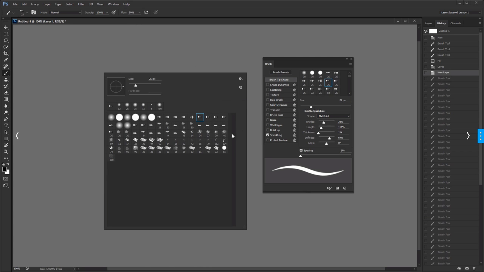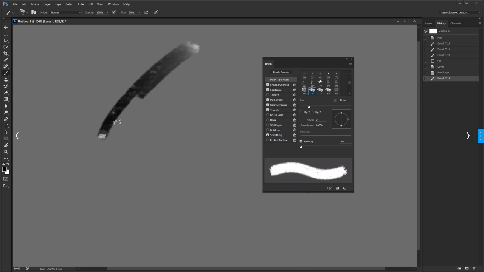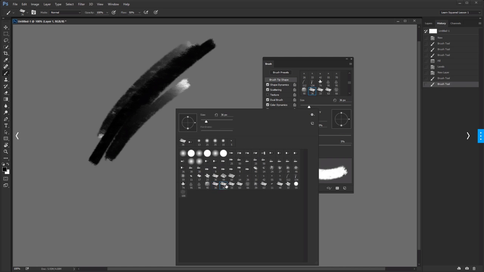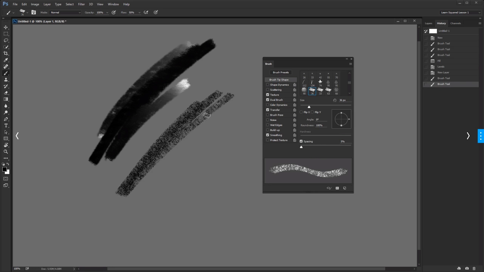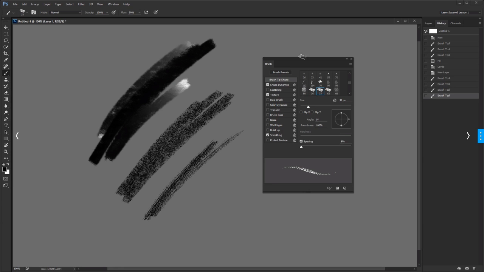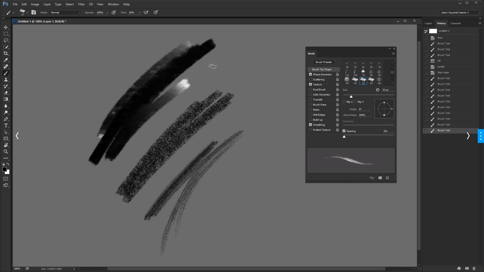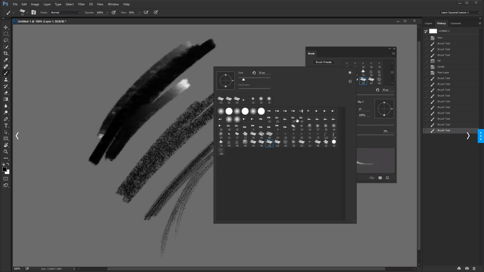Now, this can be confusing because as you see, those 4 brushes are looking exactly the same, but they have a different behavior. So this one looks like this, and this one looks like this, and this one looks like this, right? Totally different brushes, and they just behave differently. So in order to change that, in order to give more clarity to this window, what we're gonna do is